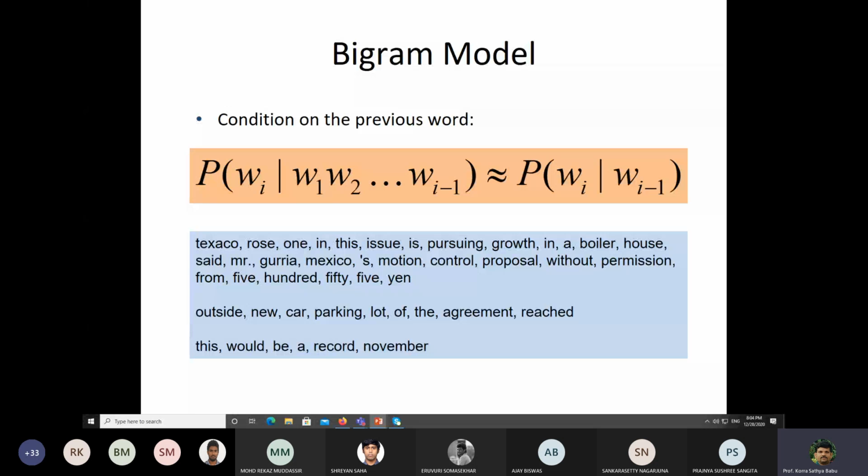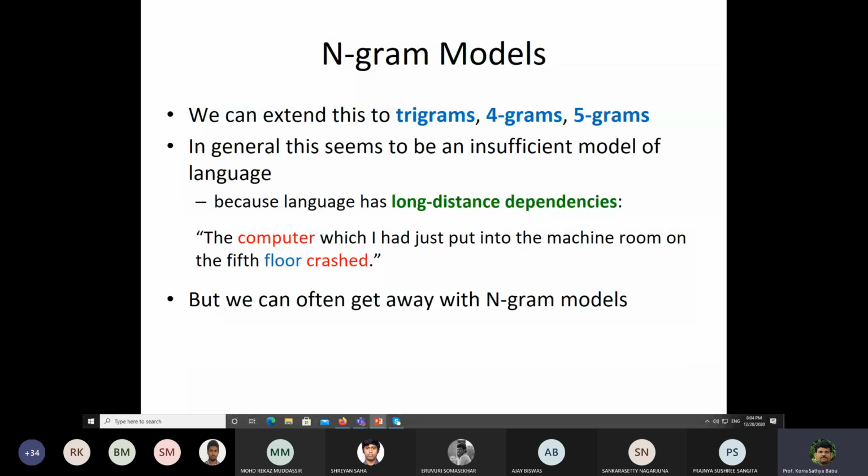Similarly, you can go with trigrams, quadgrams, pentagrams, and up to 6-gram, 7-gram, 8-gram, or n-gram. But most of the literature, because of the computation, fixes it at either bigram or trigram. More grams, like 4-gram and 5-gram, are generally not taken into consideration. So we can extend this model, from unigram to bigram, the conditional probability model, to trigrams, 4-grams, 5-grams, like that.